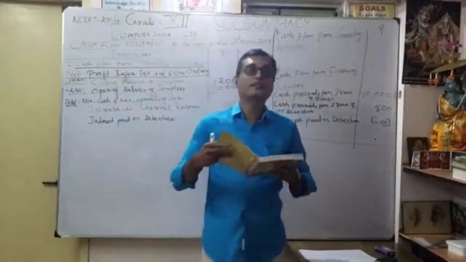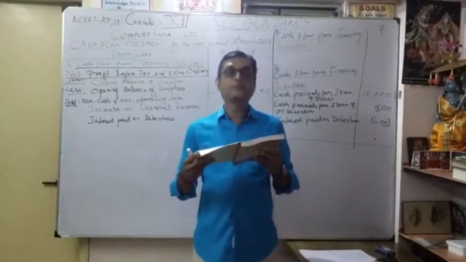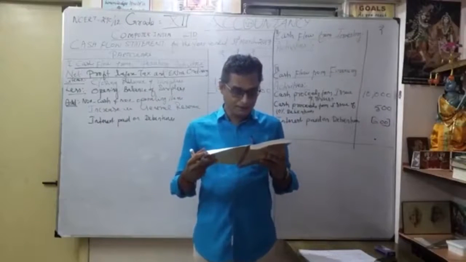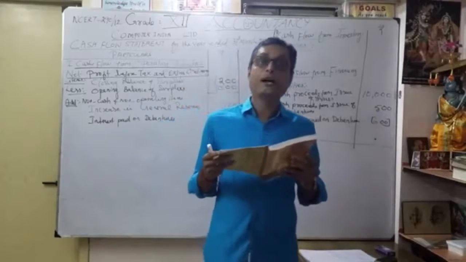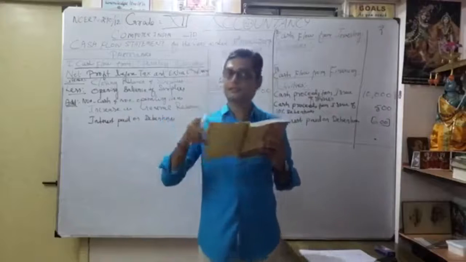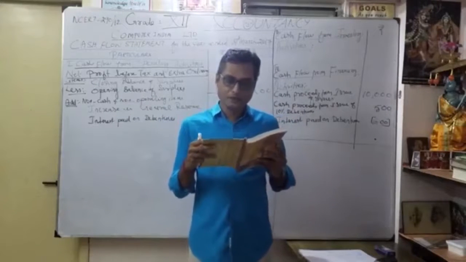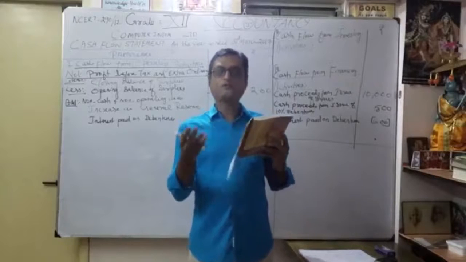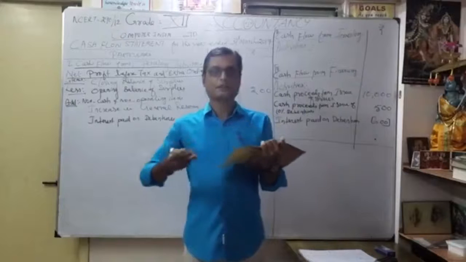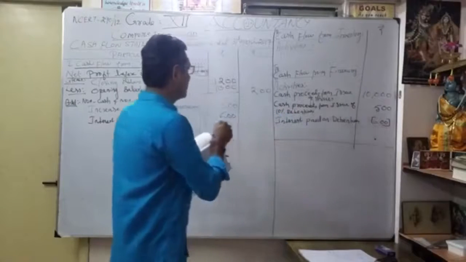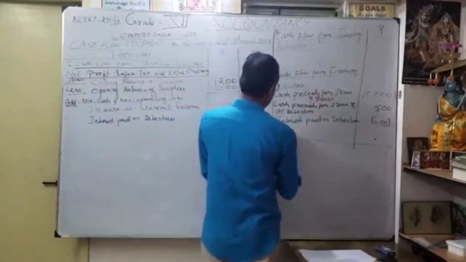Now move to the current liabilities. Number 3. Under that, they given short-term borrowings. See the short-term borrowings, they given note number 2. So what's the note number 2? Short-term borrowings, bank overdraft. I just discussed one of the problems, correct? I think the 10th problem. See here they given bank overdraft, 12,500 become 6,800. So what happened? Our overdraft decreased. So you know where you have to write? You have to write it under the financing activity.